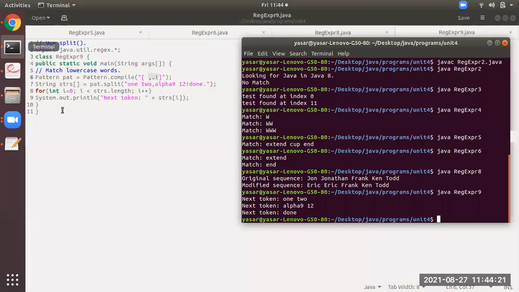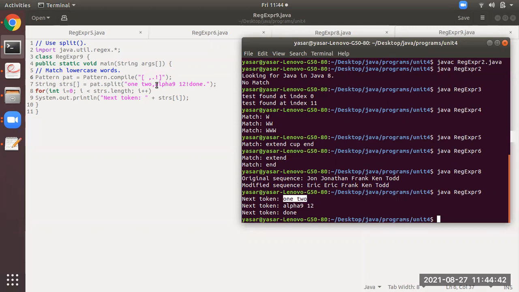So you can observe the output. The 9th line is displaying according to the for loop. It is displaying 1, 2. After 1, comma 2 at line number 7, there is the first delimiter, comma. That is why it is splitting. After that, the second delimiter is after alpha 9, 12.